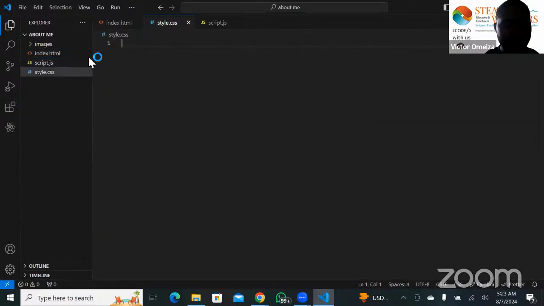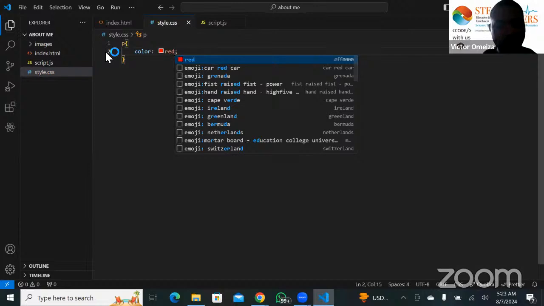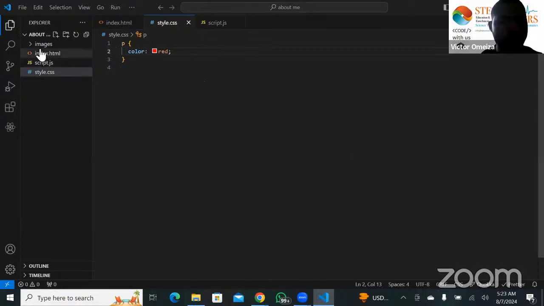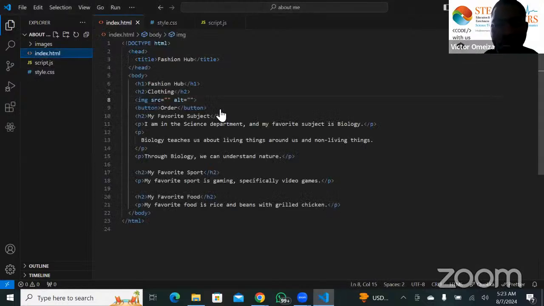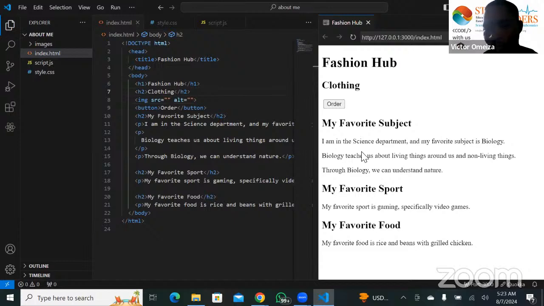So if I'm writing P, and I say the color should be red, and I go back to my index and do my live preview, nothing will happen. The reason is that my CSS is not linked to